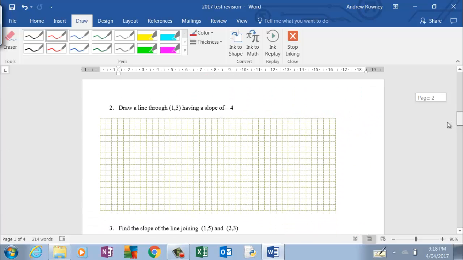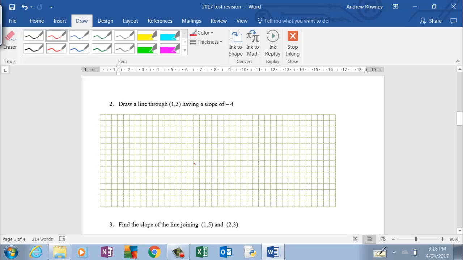Question 2, draw a line through 1, 3 having a slope of minus 4. We'll set up our axes first. So we're going to plot 1, 3, so you go across 1 and you go up 3, 1, 2, 3, so it's there. Now we have to have a slope of minus 4, and a slope of minus 4, that's